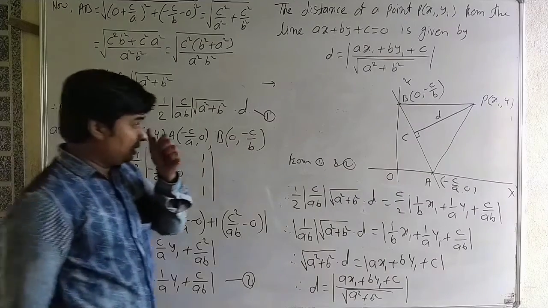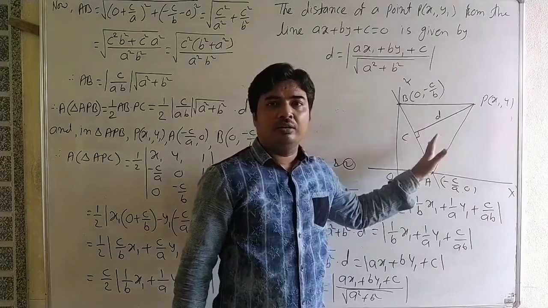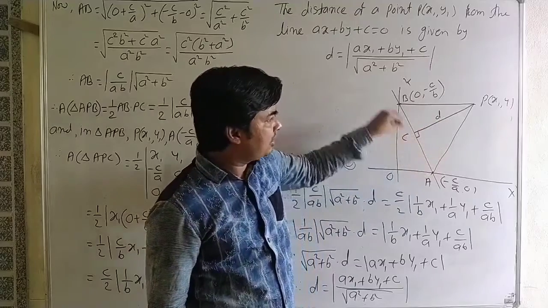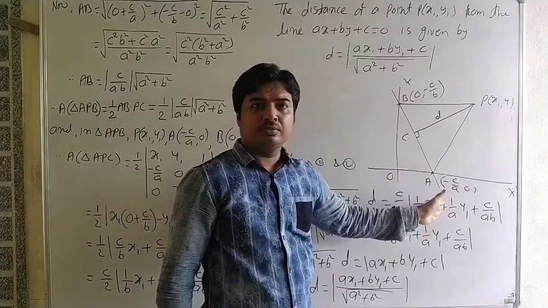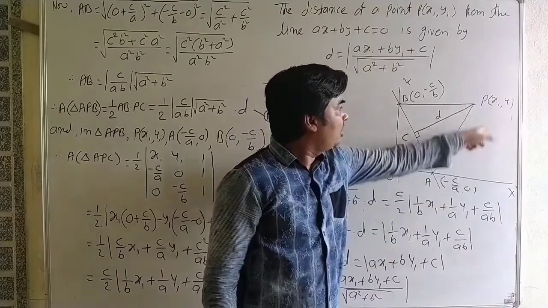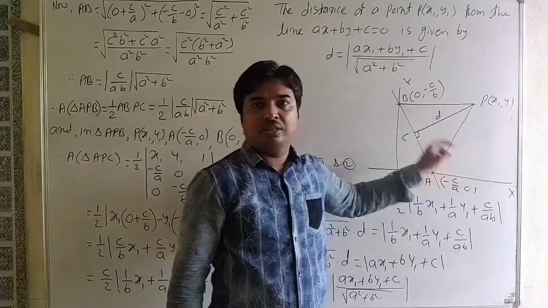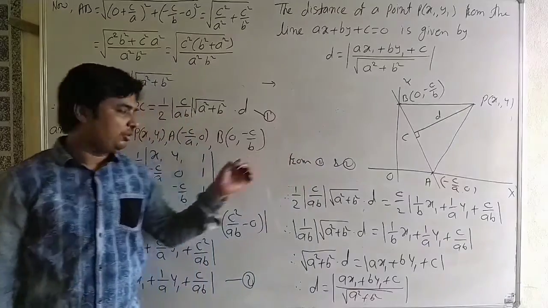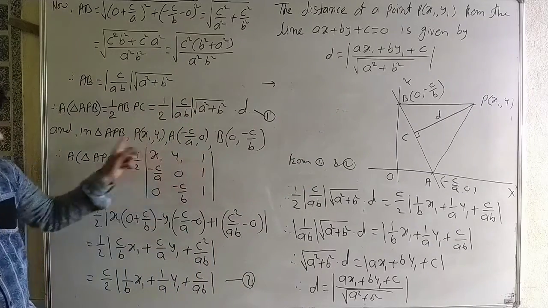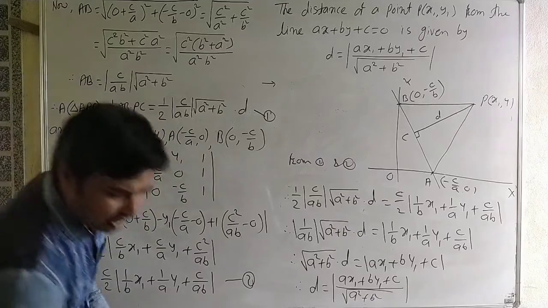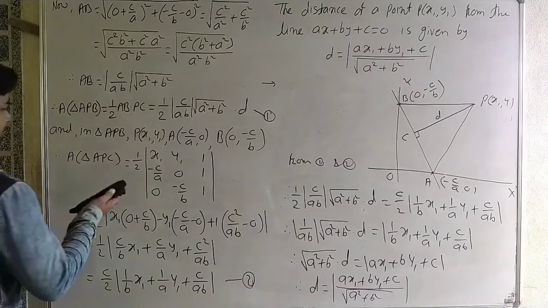Here we find the area of triangle in a two-way. Area of the same triangle by using height and base, and by using the coordinates of the vertices. If the coordinates of vertices are given, then area of triangle by using the determinant. Okay, see carefully. Now we see one simple example on that.